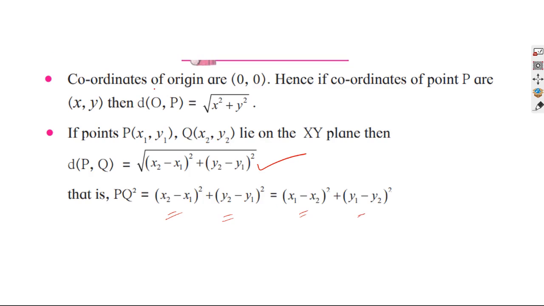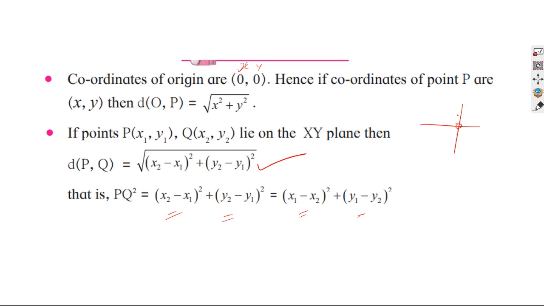What is the first point? Our coordinates of origin are 0 and 0, and hence if the coordinates of point P are x, y, then the distance OP is equal to root of x square plus y square. What it means is that when you are thinking about coordinates of origin 0 and 0, that means x is 0, y is 0, that is the origin of our graph, where it is here. And if the coordinates of P are x and y, a particular point,